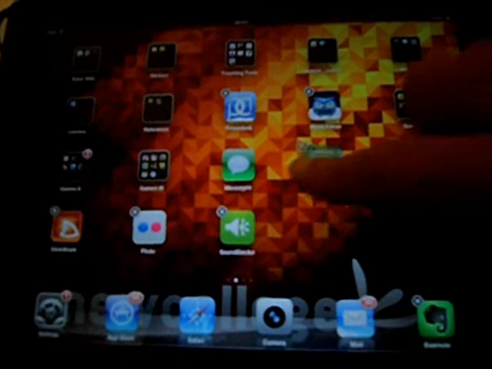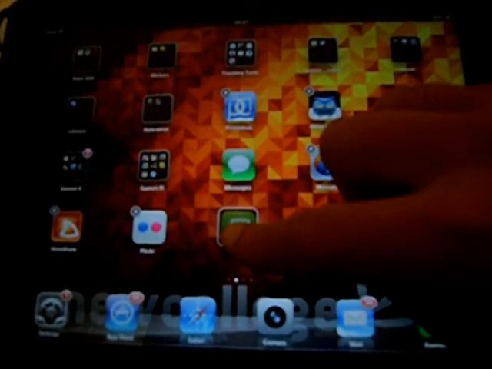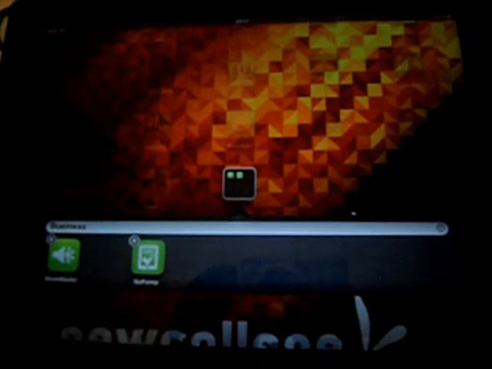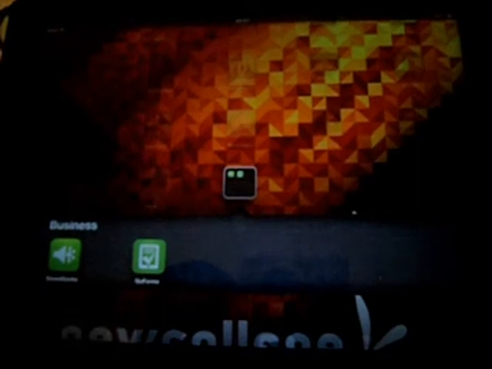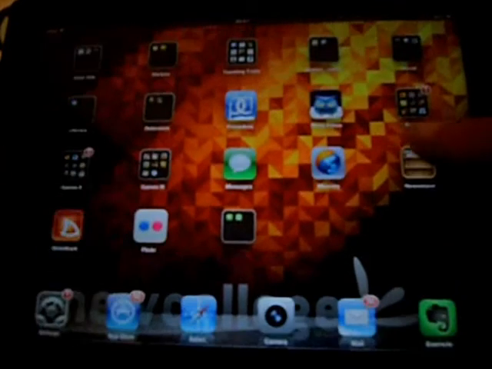To create a folder, just drag and drop it onto another icon you want to be in that folder. The first time you do this, it will ask you to name the folder. After this, just drag and drop icons into the folder. If you want to move an icon to a different page, drag it to the edge and then the page